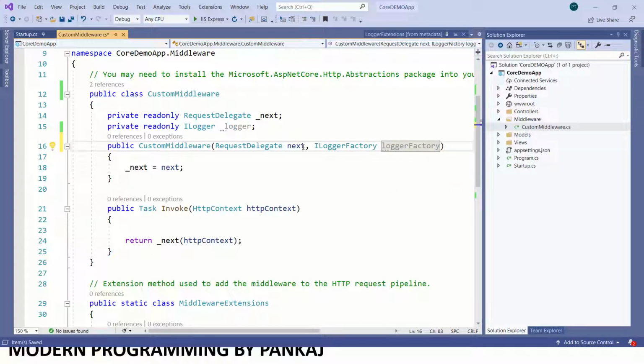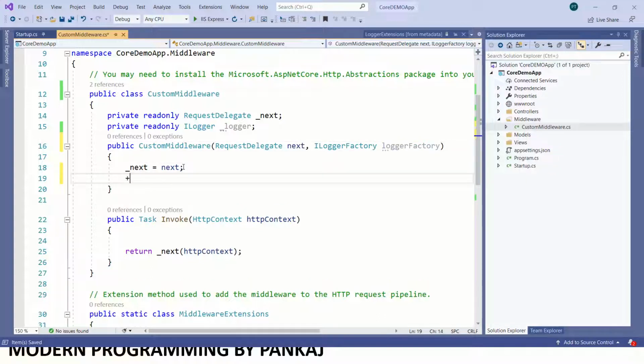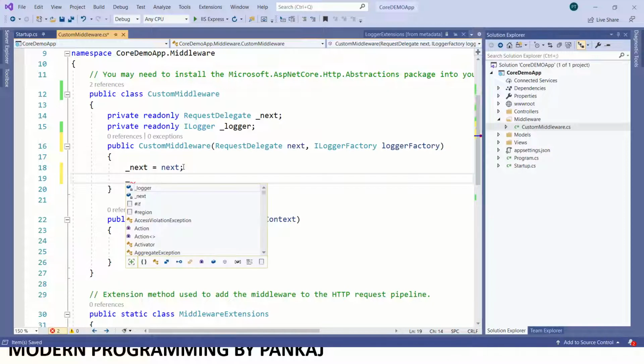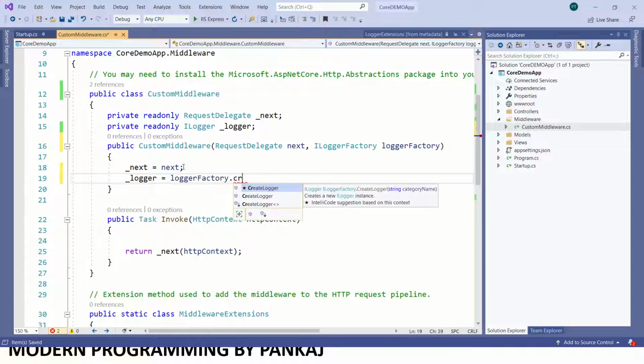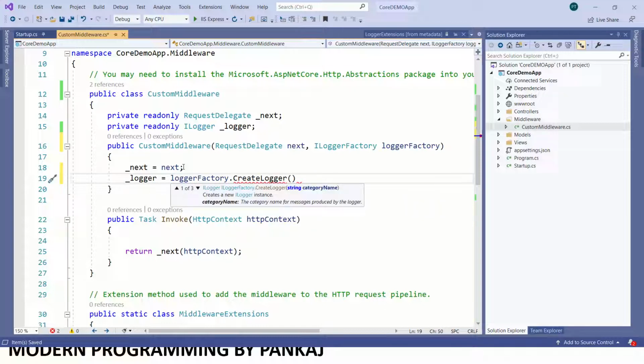And then logger equals loggerFactory.CreateLogger, and I'll create one logger with the name CustomMiddleware.